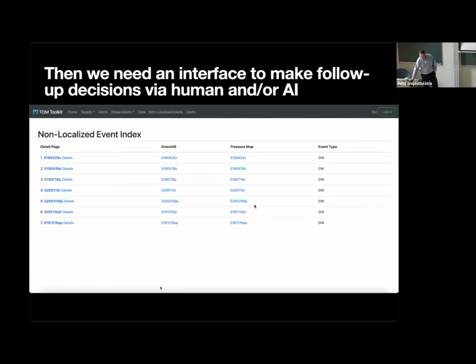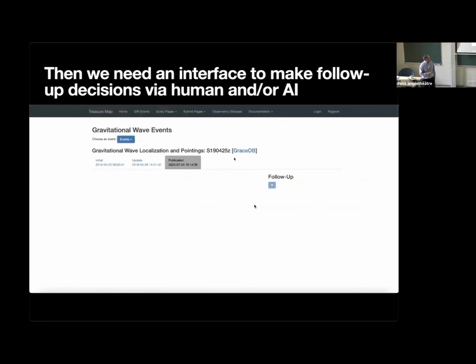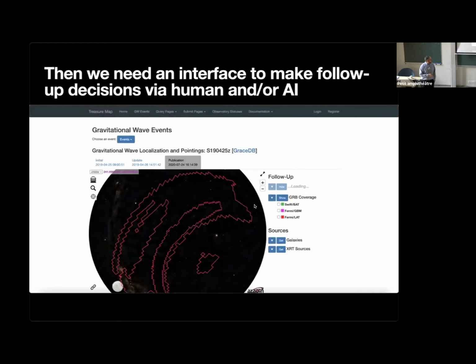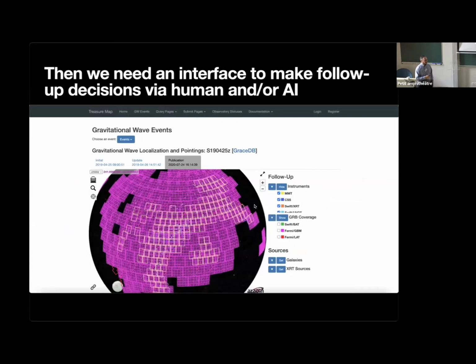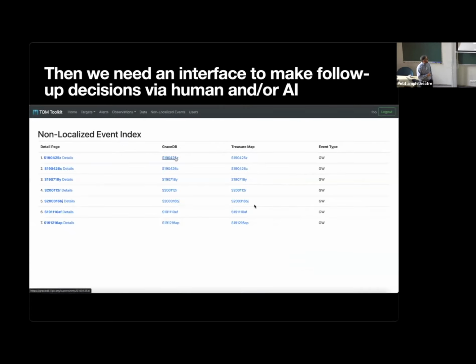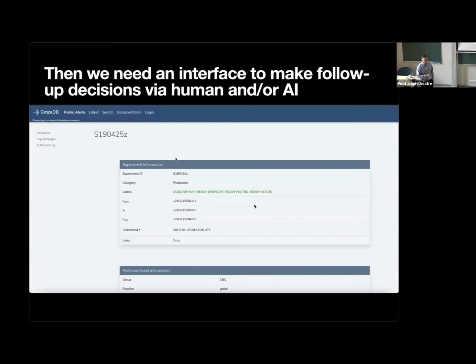All right. So we have an event, but now the secondary problem is, do we follow up this event? Everybody has a finite number of resources. Even if that resource is only time as a human being, we have to make a decision on what we want to follow up. And so this is an example of some of the tools that we can use to make this decision. It's going to blink back up in just a second, or actually went by very quickly.